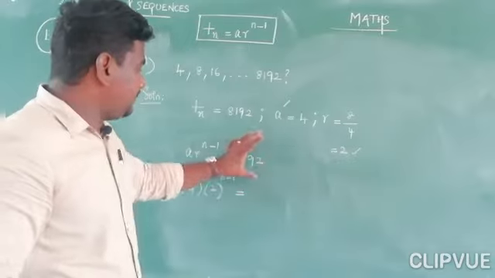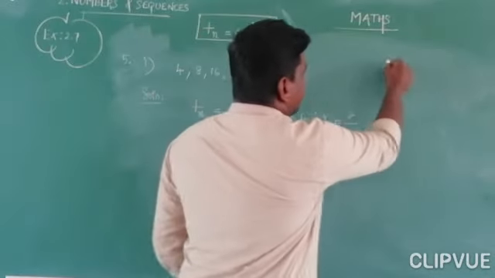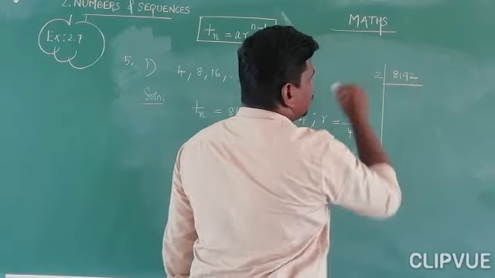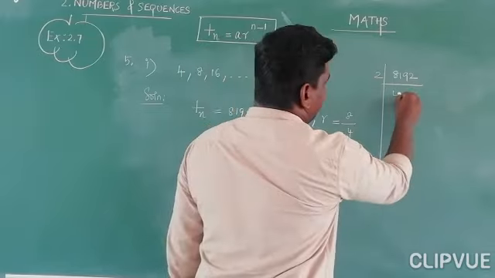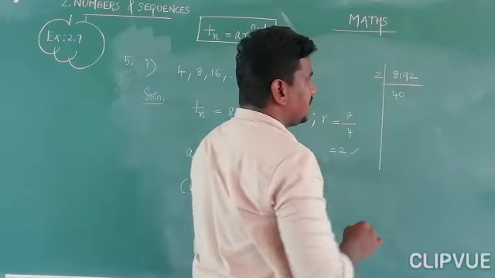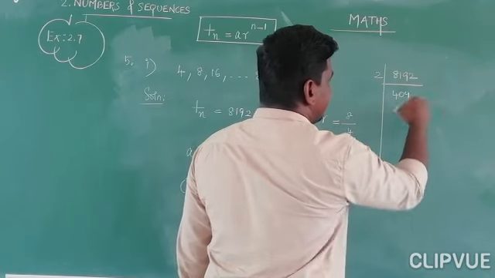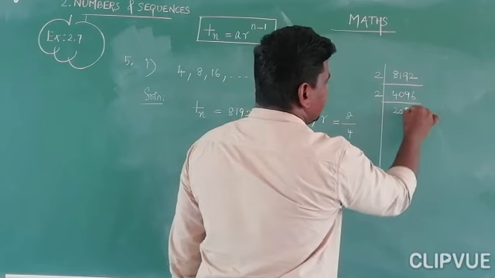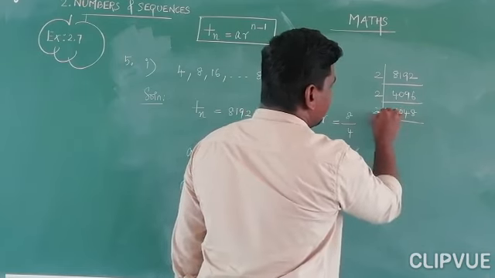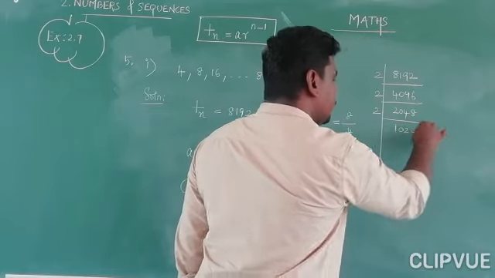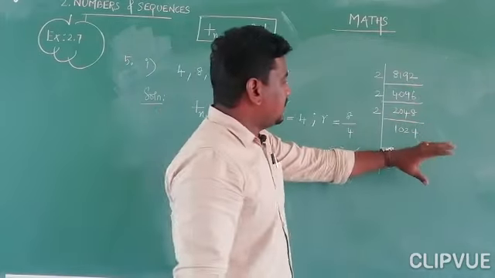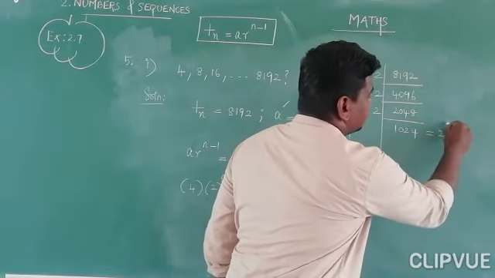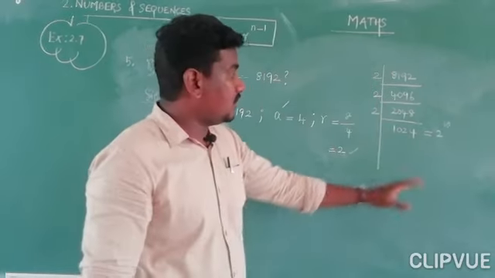I am going to find the prime factors of 8192. So it can be divisible by 2. First we divide by 2 table. 8192 divided by 2 gives 4096, then again 2 table, 2048, then again 2 table, 1024. Try to keep it in your mind, this 1024 is equal to 2 power 10. 2 power 10 is equal to 1024.